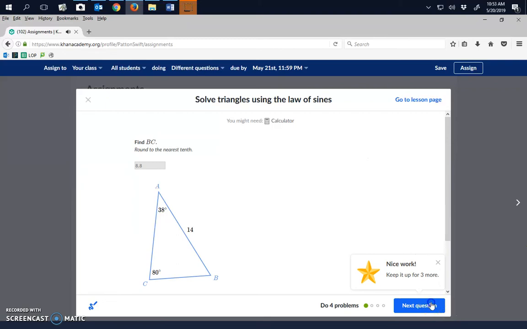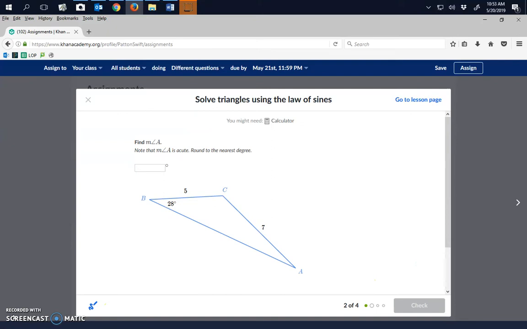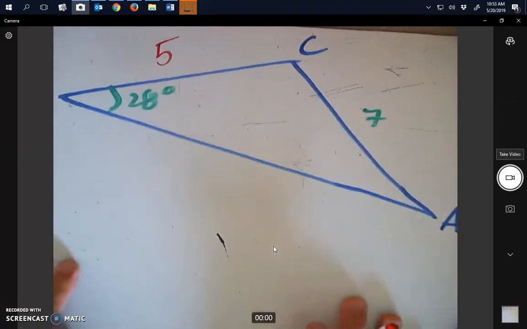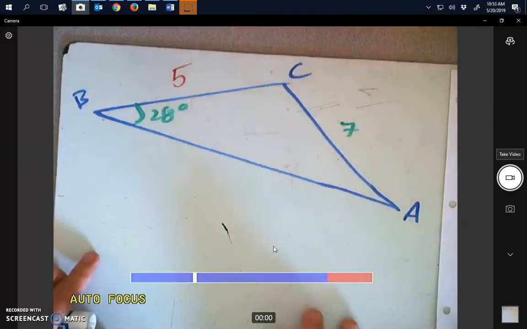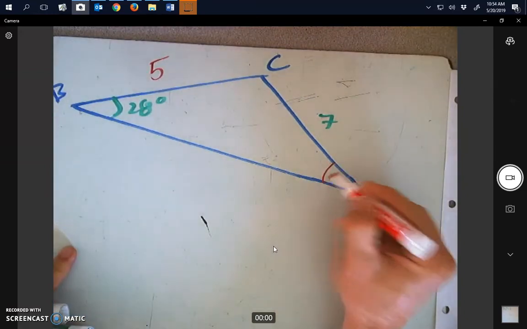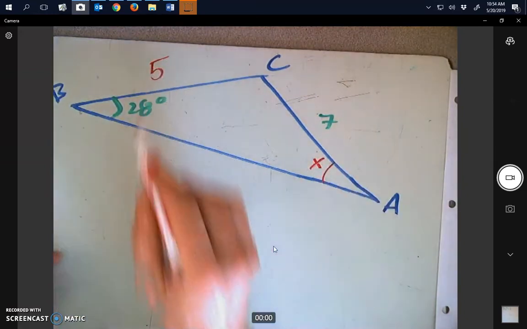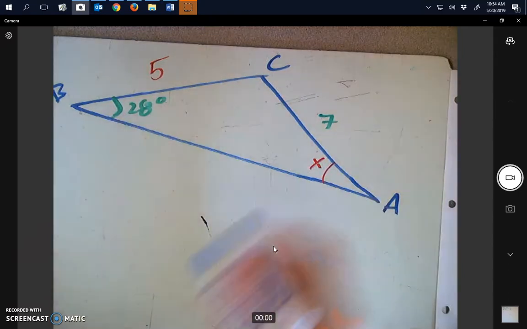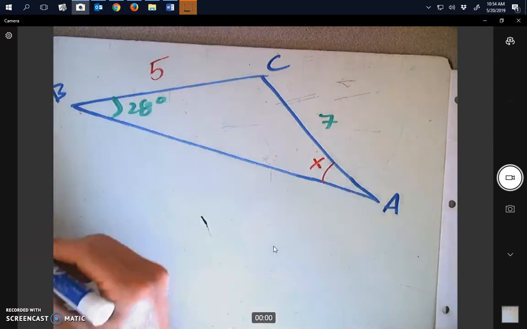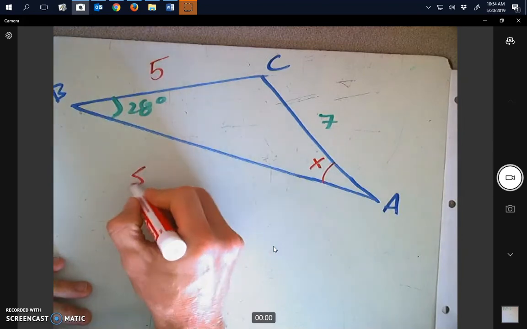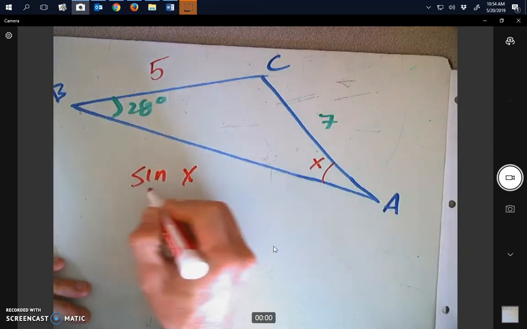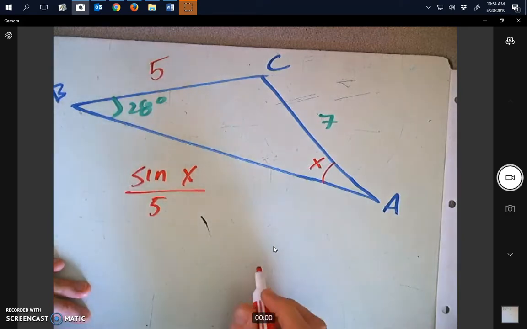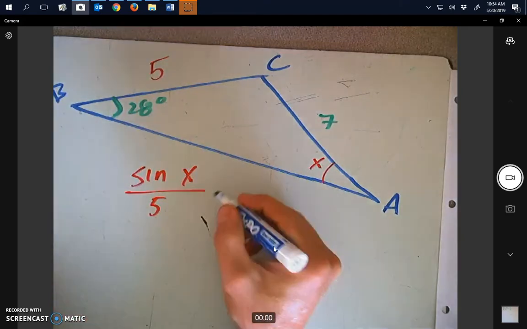Okay, next question. Question 2. Find measure angle A, which is the guy down here, and round to the nearest degree, so whole number. All right, so here is the triangle drawn. We're trying to find measure angle A, which is opposite of 5. So we want our variable to be in the numerator, so we're going to do sine of x, because that's an angle, over its associated side, and that's equal to